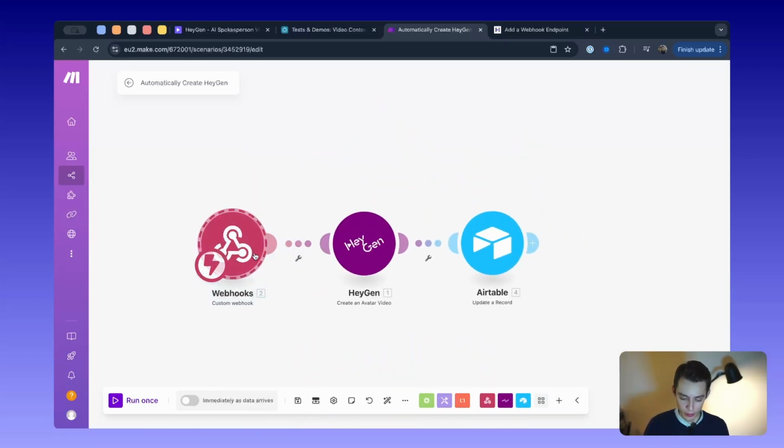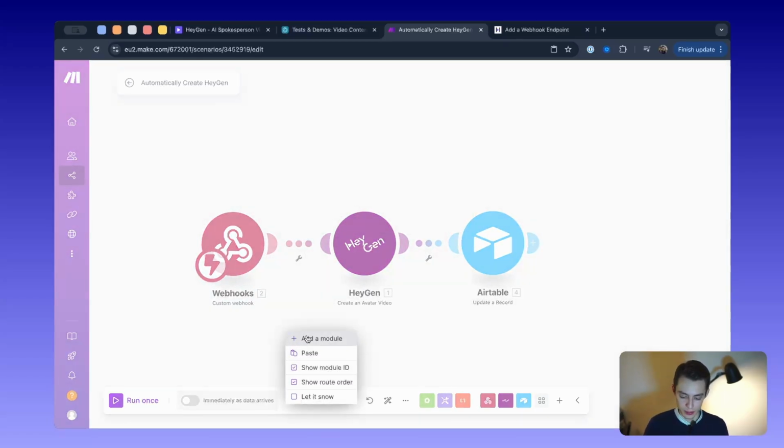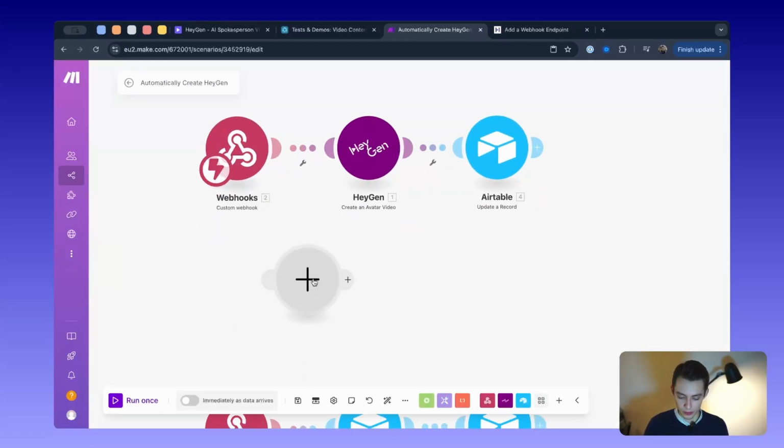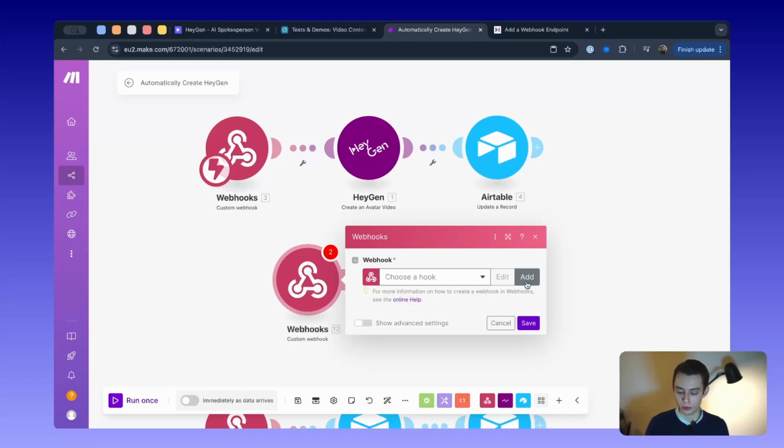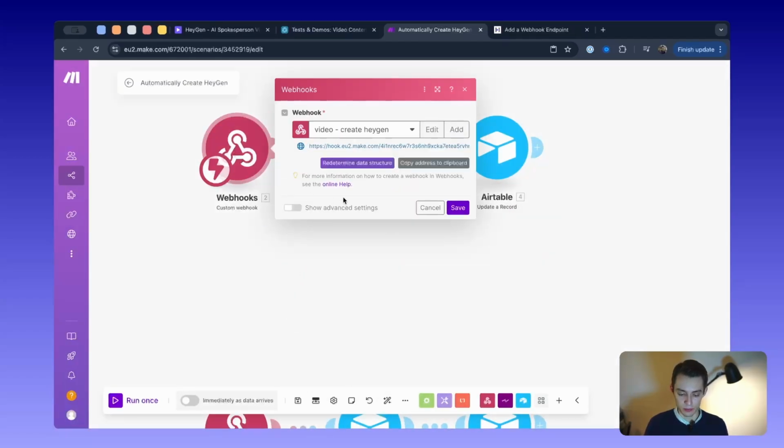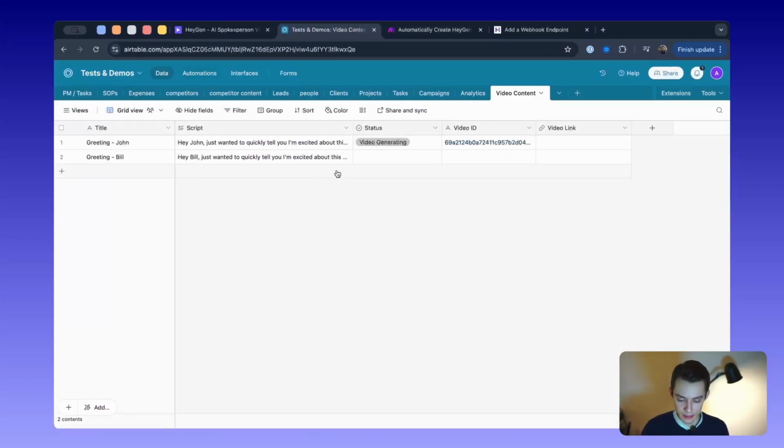So let's start with the creating. We have here a webhook. How you do this is in Make, you will have here a module like this. You click on the plus, select webhook, custom webhook, and then you'll have to create a new one. You give whatever name, and once you do that, you are going to have a URL. So you're going to copy the URL, and inside Airtable or whatever other platform you're using, you're going to do